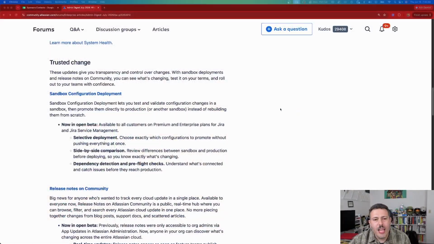There are some third-party apps like Revise that facilitate the transferring from the sandbox to the production environment. Those are really cool. There's a couple of other ones that do this as well. Salto, I think, was a good one as well. So there's a few out there in the marketplace. Highly recommend you still look at these options because this new capability, Sandbox Configuration Deployment, is only available to premium and enterprise customers,